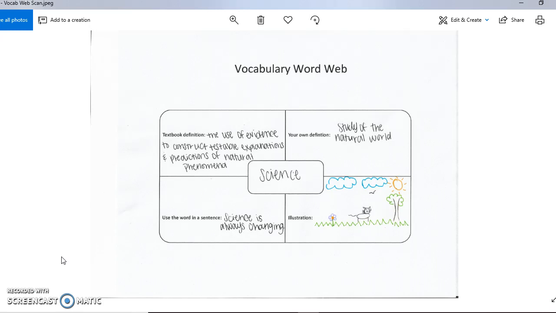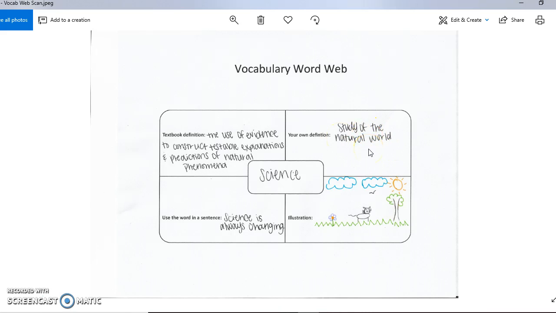And we are meeting the TEKs by defining what science is. And here we can see that our word that we are defining is science, and we are given the textbook definition of the use of evidence to construct testable explanations and predictions of the natural phenomena. And we have already met the TEKs there, but we go on in this graphic organizer and have our students write